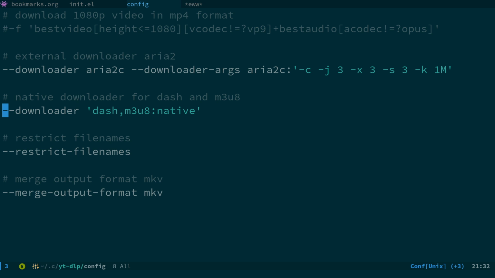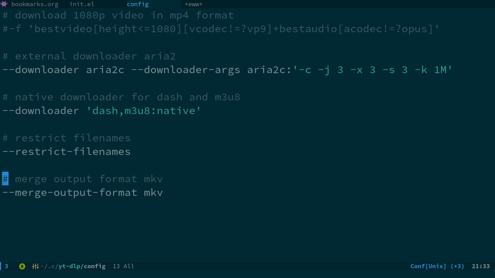And the problem is if you use aria2c, it's going to download all the chunks, and you'll end up with a directory of hundreds of little chunks of video before it actually rejoins them all. So that's why I don't use aria2c as the downloader for dash and m3u8 files,